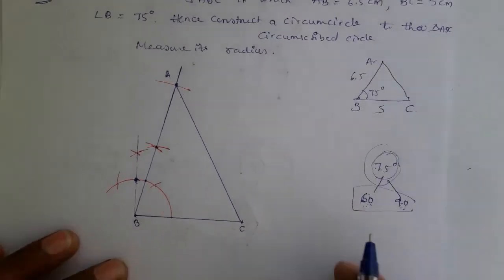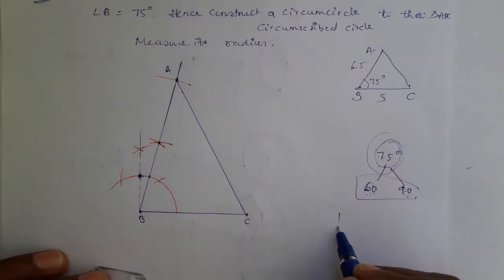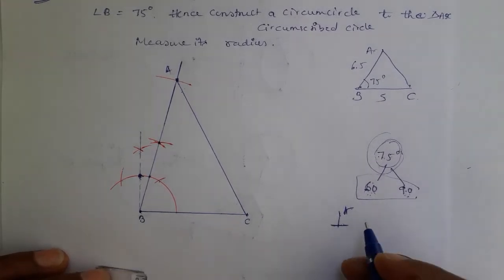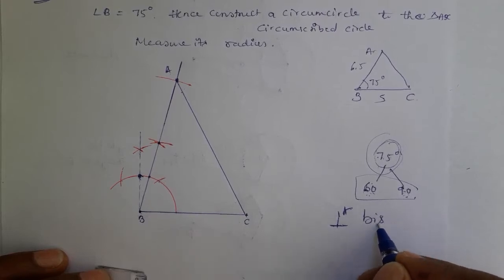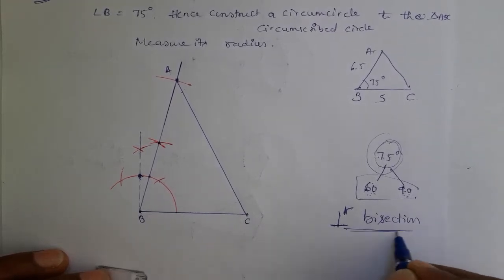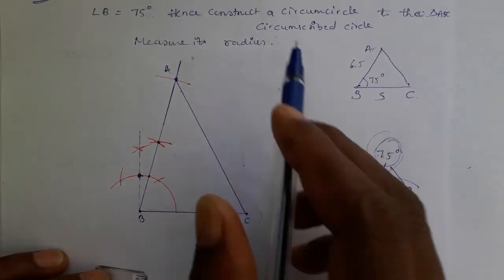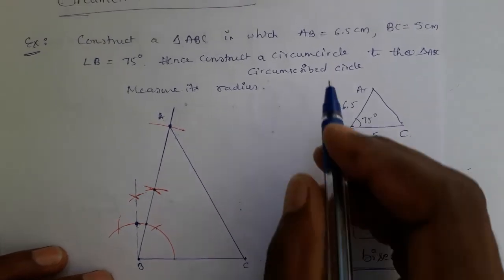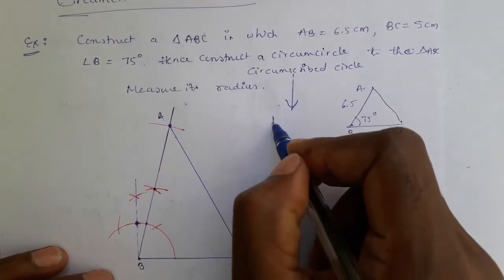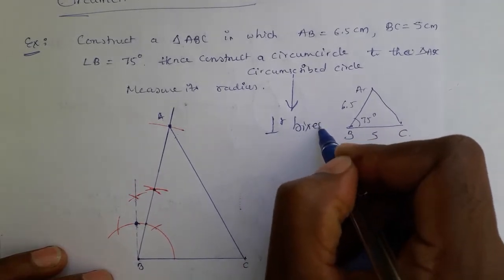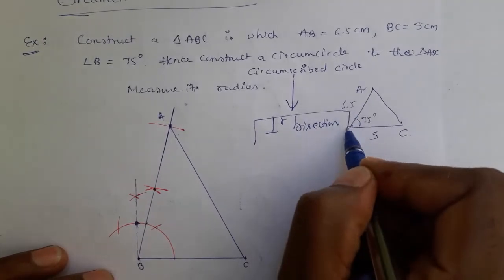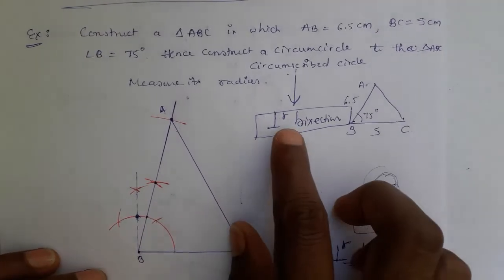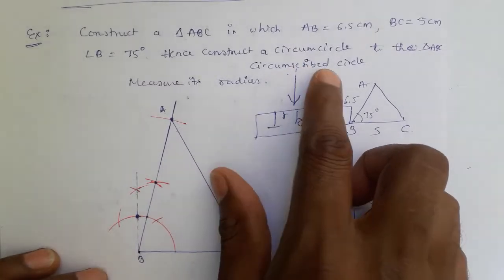For the circumcircle we follow the method of perpendicular bisection. You know how to do perpendicular bisection. In two tangents also you did a perpendicular bisection once. So perpendicular bisection will help us to construct the circumcircle. To construct the circumcircle, always remember perpendicular bisection should be done. This is a very important point. Note down, students: perpendicular bisection we follow for the circumcircle, because for the incircle we don't follow perpendicular bisection. That is only for the circumcircle.